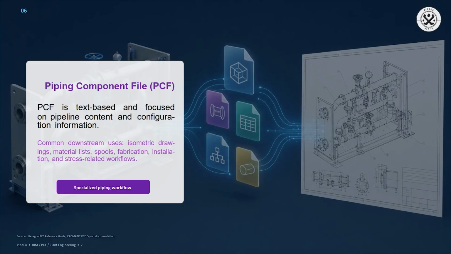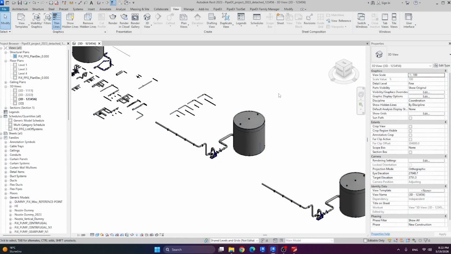A piping designer may create a 3D model, but the construction team often needs isometric drawings, weld lists, cut lengths, material takeoffs, and spool information. You can say that PCF helps connect the 3D piping model with these downstream deliverables. And now I would like to show you how you can export your Revit project information into a PCF file